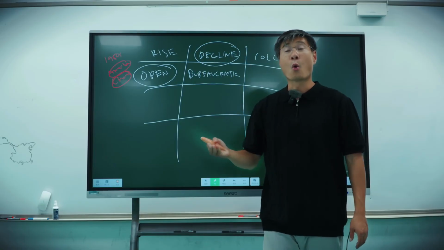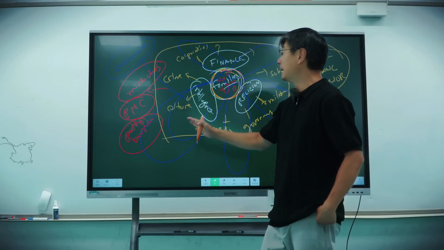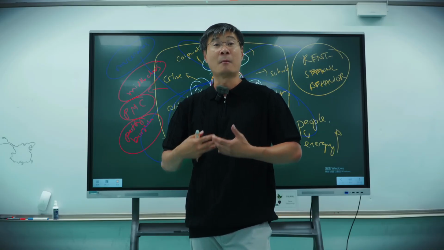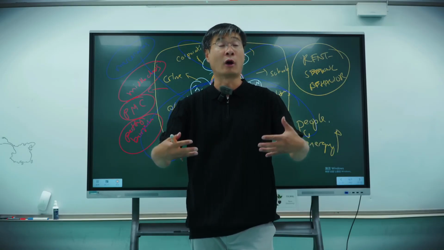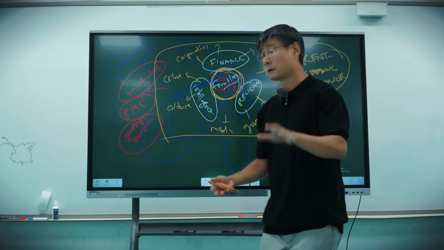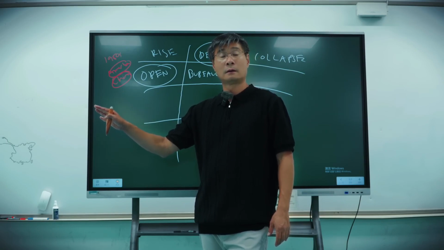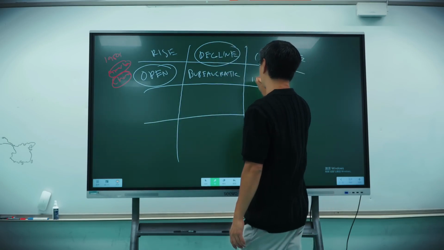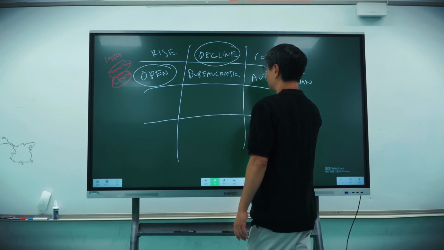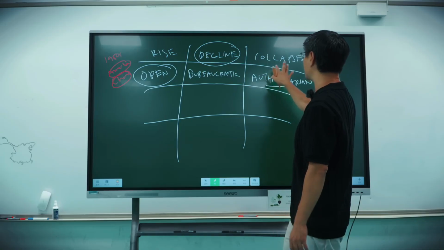Okay? Bureaucratic. Why? Because if we go back to this model, as the company loses more and more money, the managerial class is concerned with maintaining their jobs. So they become bureaucrats. Okay? They have to prove their worth. So they create a lot of paperwork. They make everyone follow the rules. Society becomes more and more bureaucratic. Then in the collapse phase, society becomes authoritarian. Okay? Before, decline is about following the rules. Now it's just rule by force.